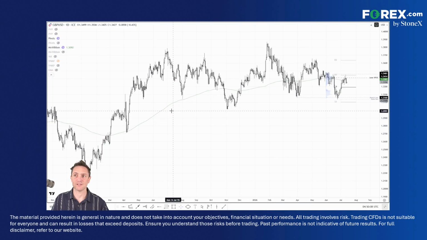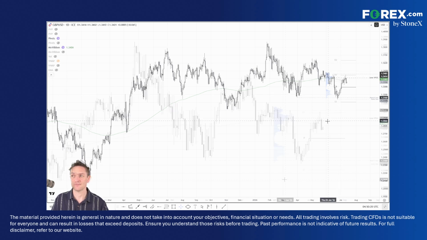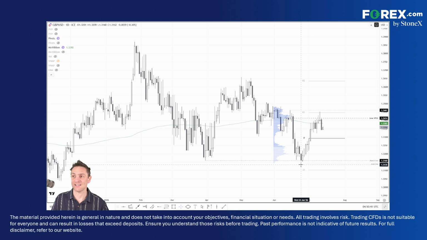Starting on the pound dollar daily chart, it's essentially been oscillating between 130 and 138 thereabouts for the past year. However, since April, that range has narrowed, but we're still getting some pretty good swings within those levels. If we zoom in, we can see that since that June 24th low, we've got a pretty decent movement